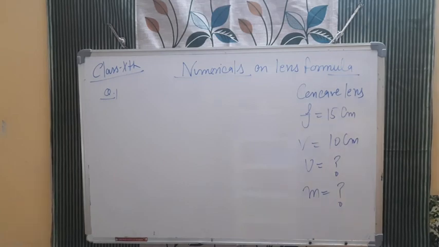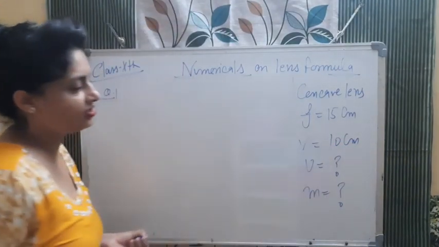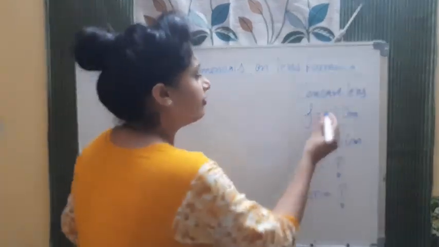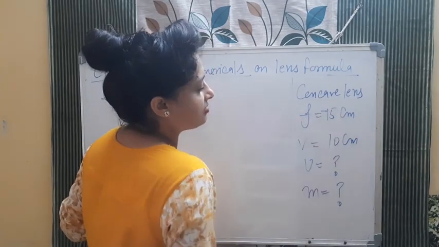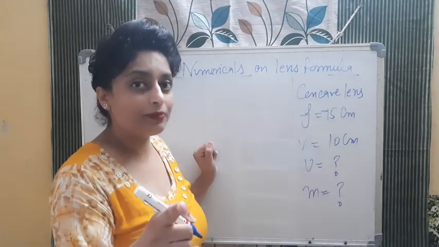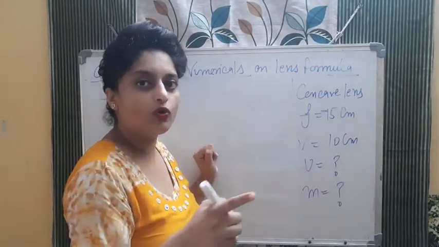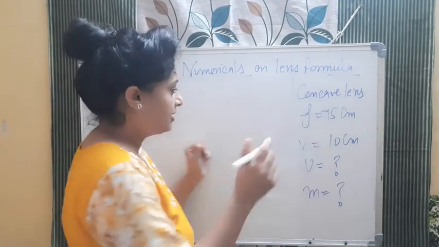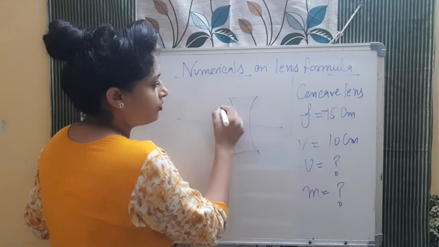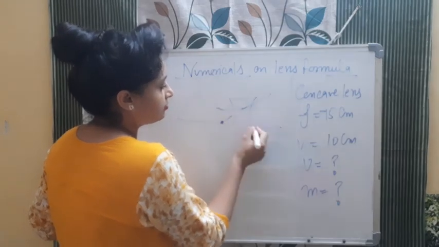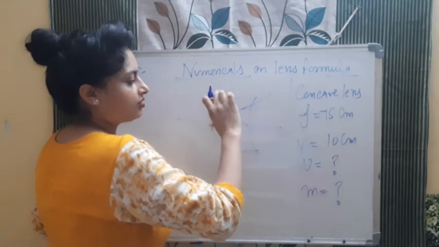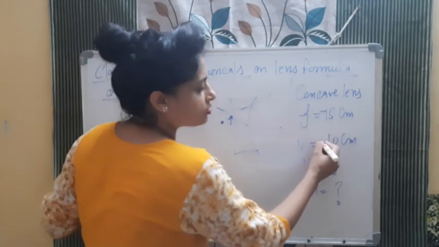These are the things that are given in the question. Concave lens, focal length will be negative or positive? Negative. Very good. Focal length is negative, minus 15 centimeter. V is the distance of the image from the optical center. In case of the concave lens, always what kind of image? Virtual image. The image was always formed on this side, where the rays meet. It was always virtual, erect, and always on the left hand side. So V is also negative.